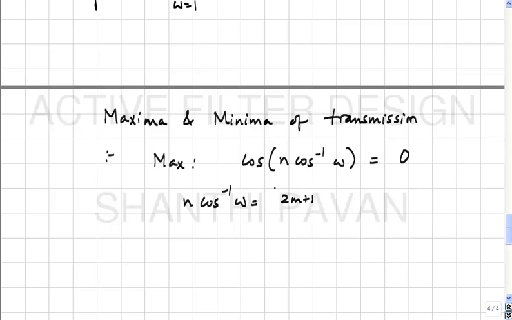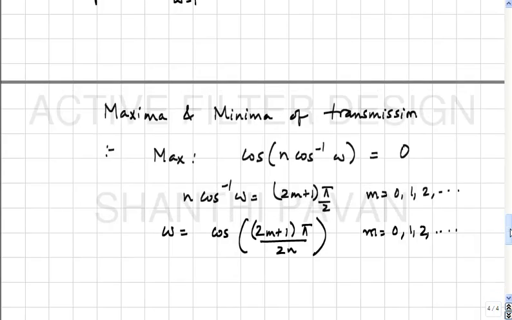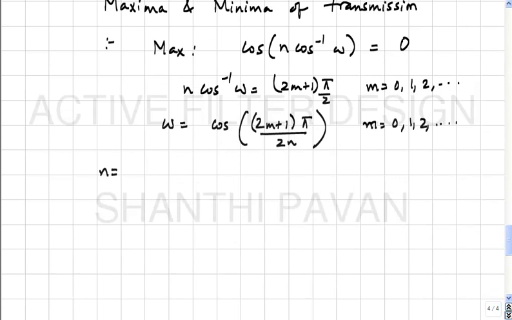2m plus 1 times pi by 2, where m is an integer, 0, 1, 2, and so on, which basically means that omega is cosine of 2m plus 1 into pi by 2n, m is again 0, 1. For example, for n is 5 that we were looking at, the maxima of transmission are at omega equal to